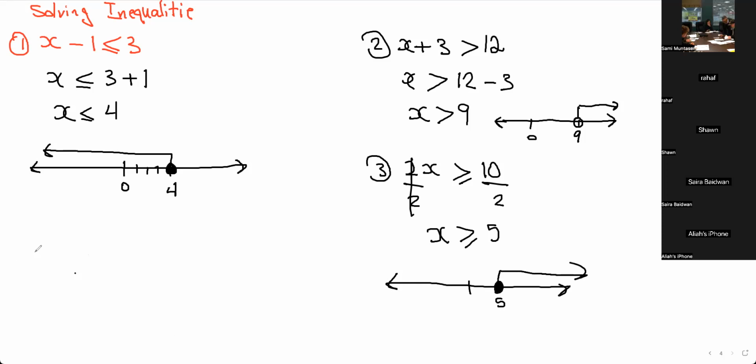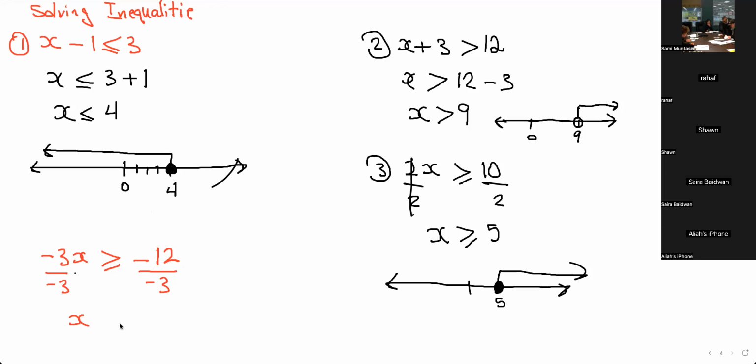Now, I'm going to give you an example. If we have negative 3x is greater than or equal to negative 12, now what we do here, we have to solve for x, and to be able to solve for x, we divide both sides by negative 3. And now pay attention. When we divide anything by a negative number,